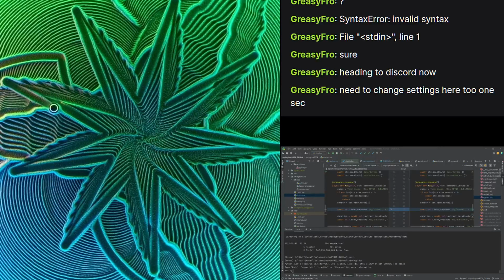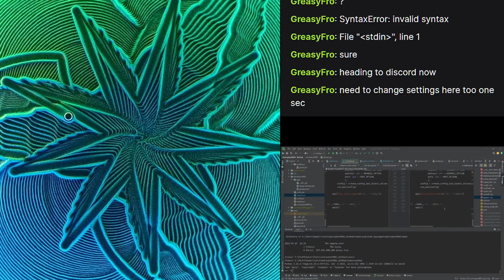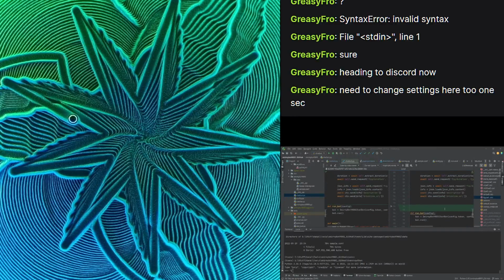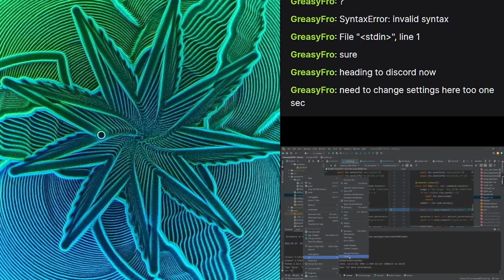So if you go to the properties of the browser source, now you can change the size.